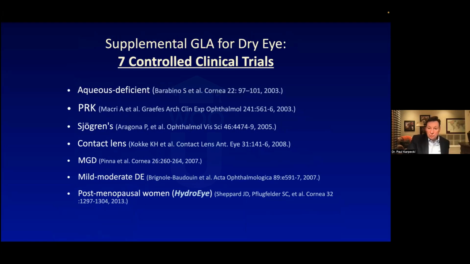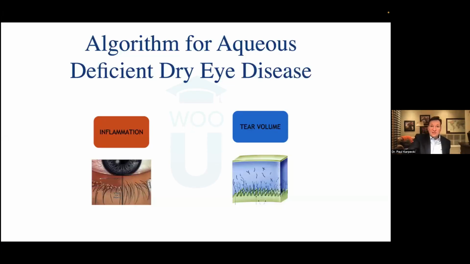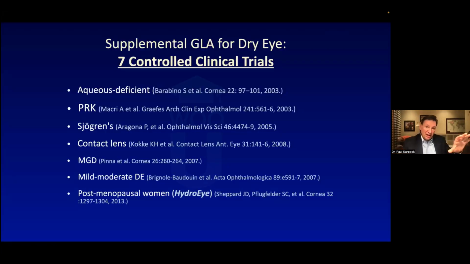And some of these studies were pre-specified sign and symptom endpoint studies. So my point to the last slide is there's a lot of things you can use, but when you're treating evaporative dry eye, meaning the oil glands are not working, you got to do something for the obstructed glands, something for the blepharitis, most commonly Demodex, something for the inflammation until you get it controlled, and something for the tear filaments until they start producing really good tears on their own.